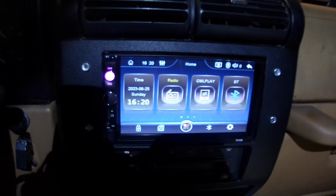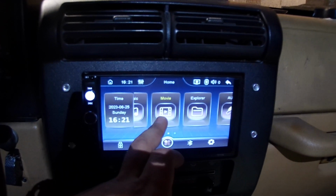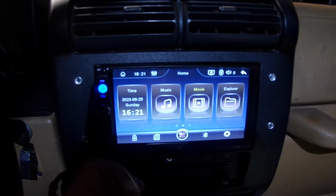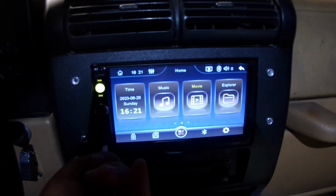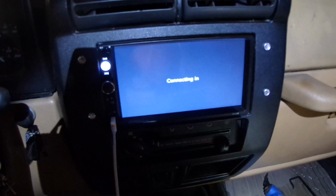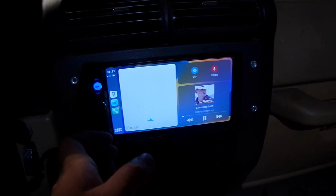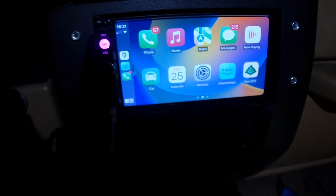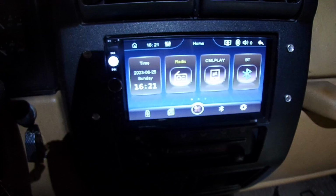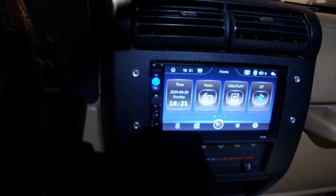Alright guys, so the radio is all set up. It has the ability to do your regular radio, Bluetooth, music. If you have a movie, you can watch movies through SD card or USB drive. And of course, if you plug in your USB, you got Apple CarPlay. So yes, Apple CarPlay does work. Plug it, you go back to here, and I don't have an Android, so I can't try Android CarPlay, but I know for a fact Apple CarPlay works,